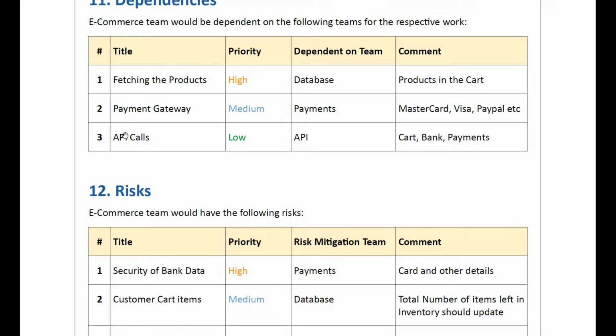So when you are testing any application, we should know which teams the application depends on, and which teams may help.